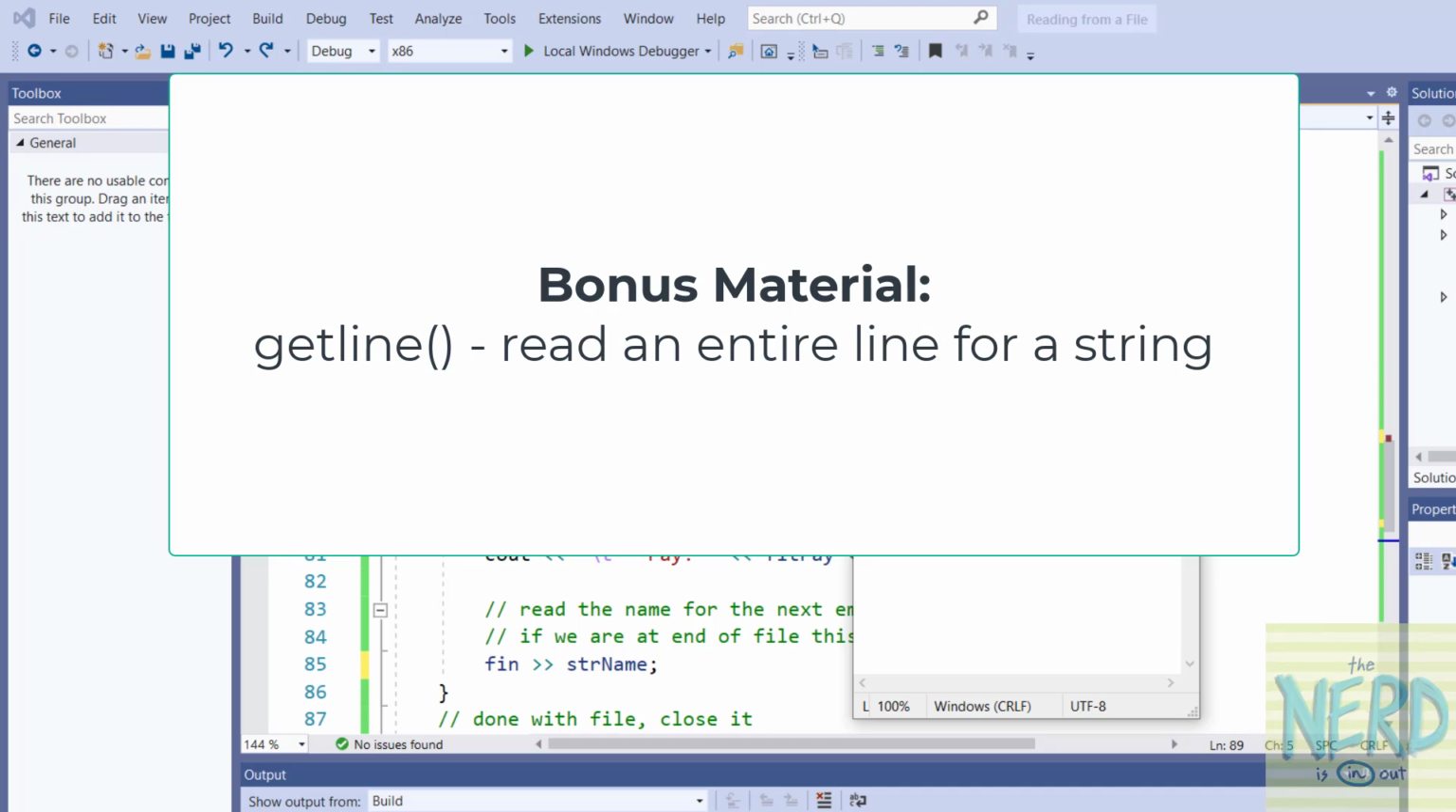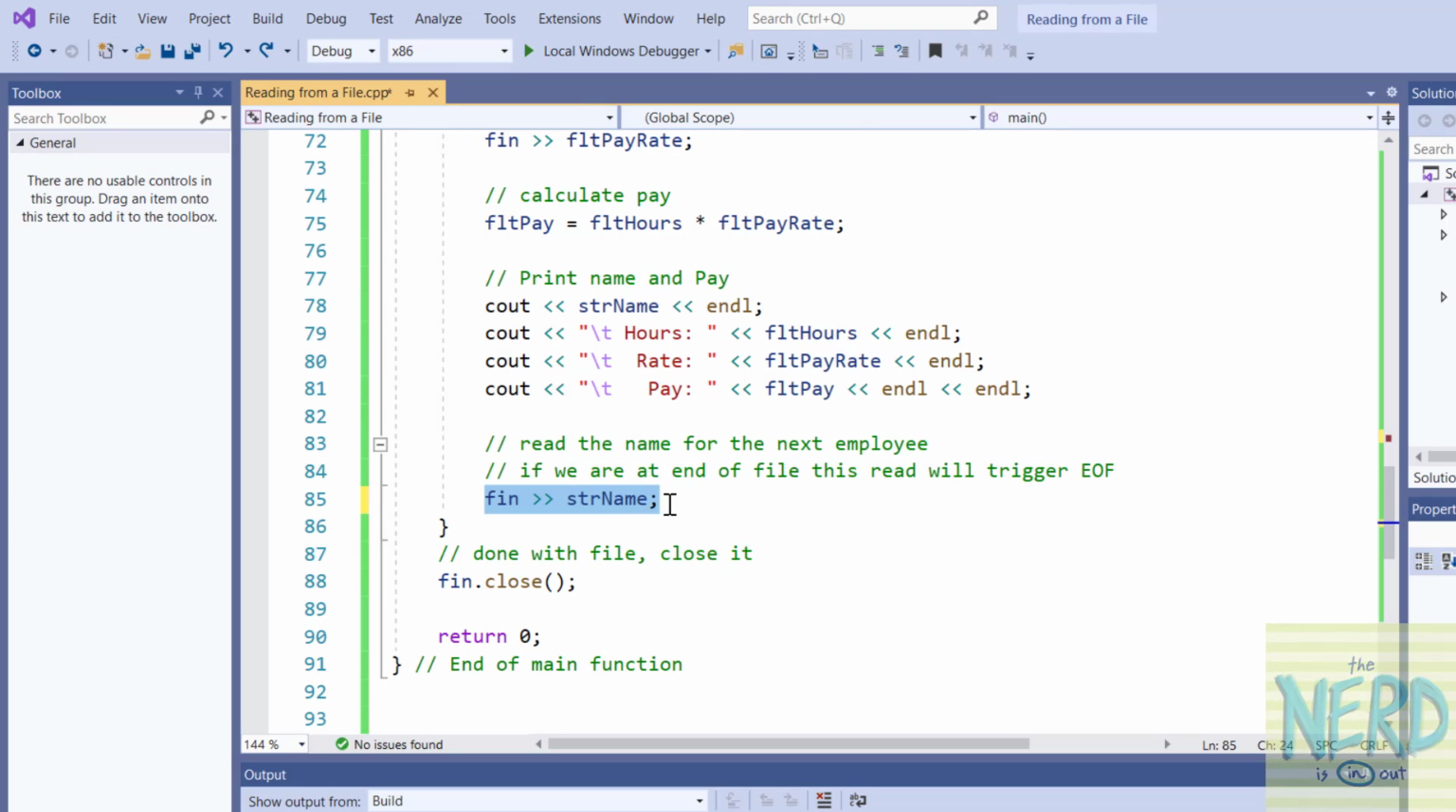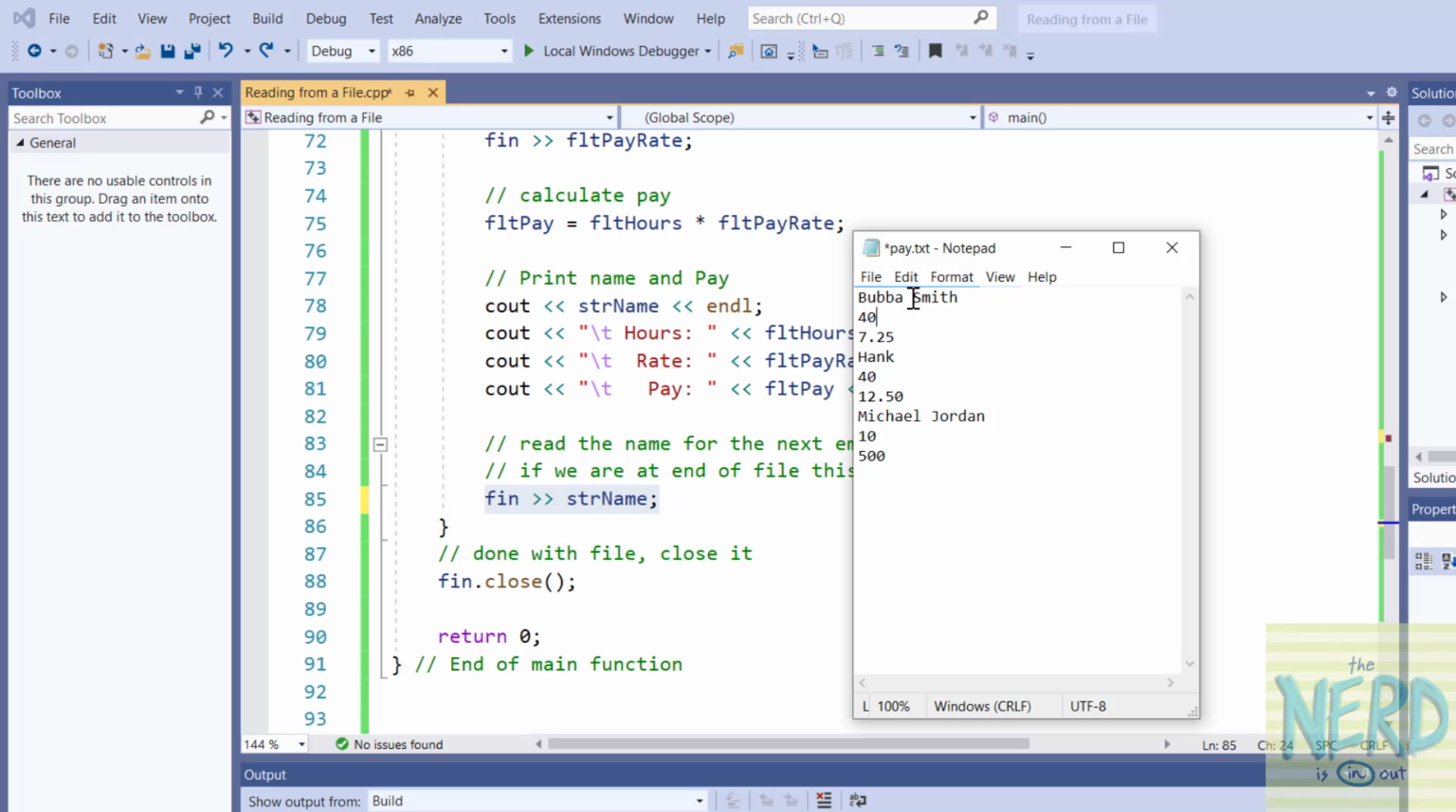Okay, the last thing I want to talk about at the end of this video is if you have a situation where you're trying to read from a data file where you have strings that include white spaces, space, tab, new line. In this case, we want to read the entire line Bubba Smith, not just Bubba as the string. If I do file in string name and I'm reading this file right here, it's going to read Bubba, and it's going to leave this unread